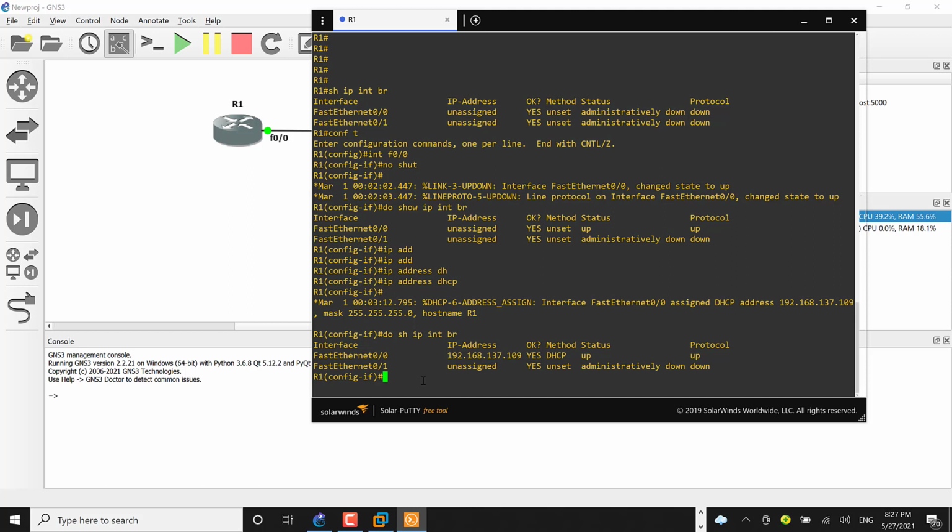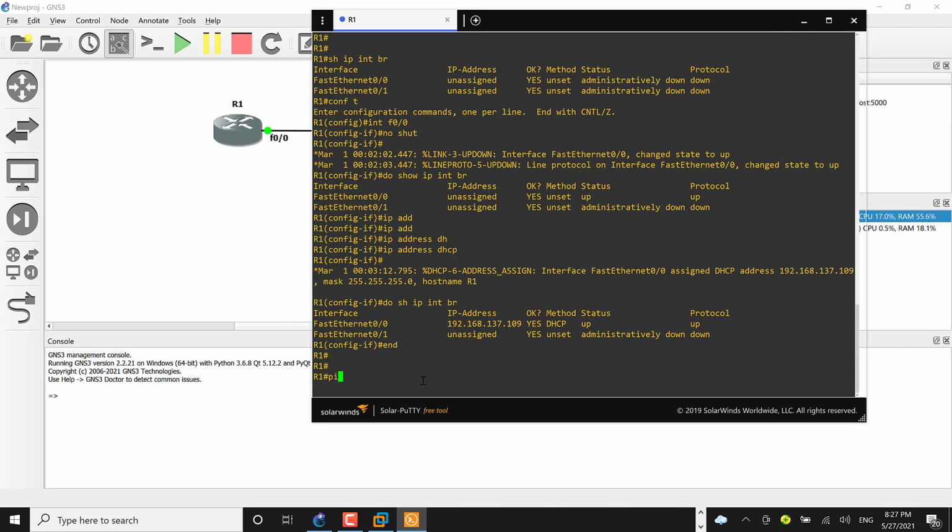So I can ping. I can also use do, because I can't ping from global config mode or interface mode. I have to go down to privilege. So instead of that, just go back to privilege by typing end. From here I can ping